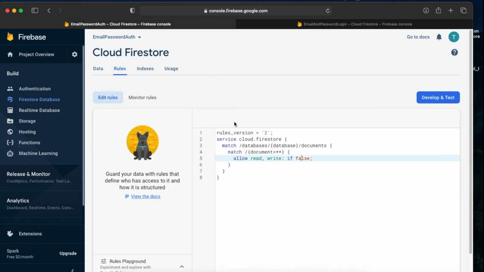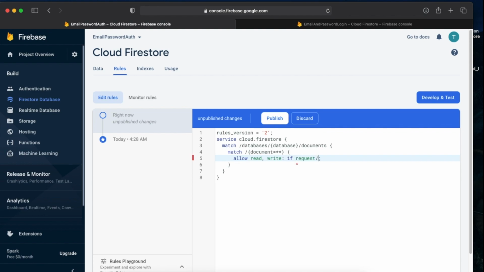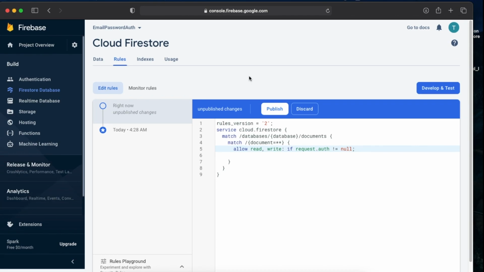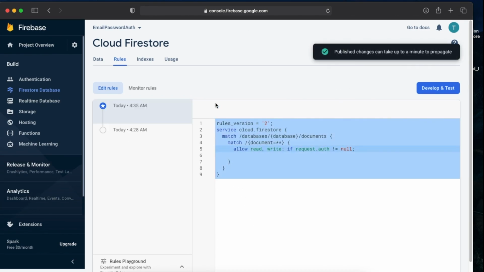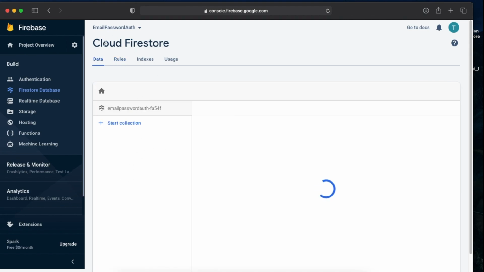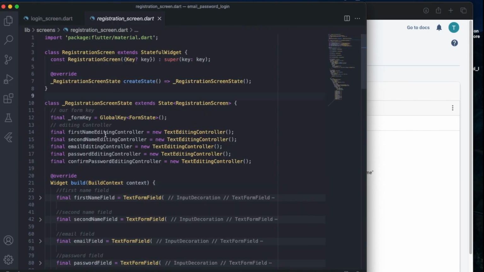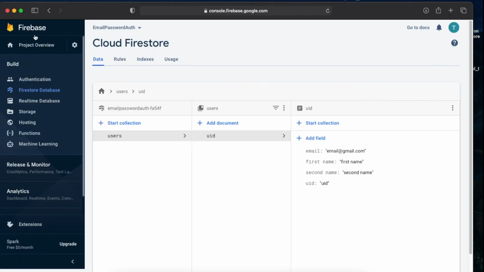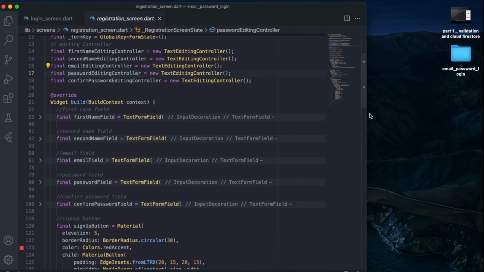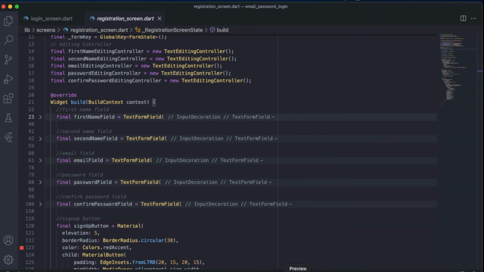Let me show you. Here you just have to write this. We will write: if request.auth is not equal to null. Only then will we allow our user to publish something. We can just save this. We'll click publish. Okay, so this publishes the changes for us. Here you can see we have our Cloud Firestore, and now we have to go to the registration screen for creating the method from which we can register the user to our database. So here you can see,